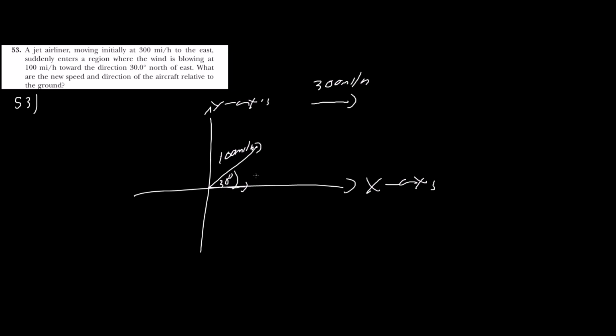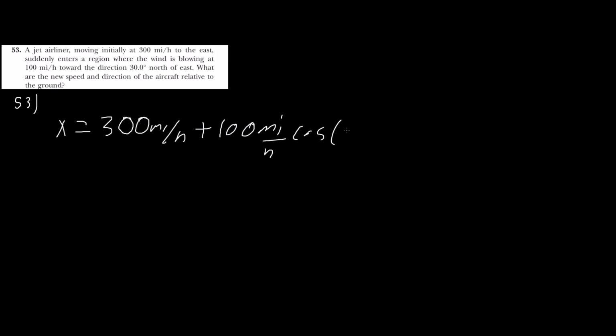However, notice that I drew this. You can draw it like this, or you could draw it like that. Might as well do that. So you could think of it as, I'm just going to add the components and get the result. So basically it's going to be 300 miles per hour, and x equals that added to 100 miles per hour cosine of 30